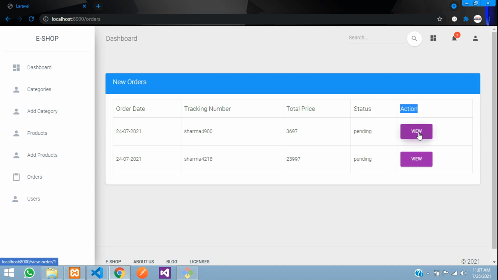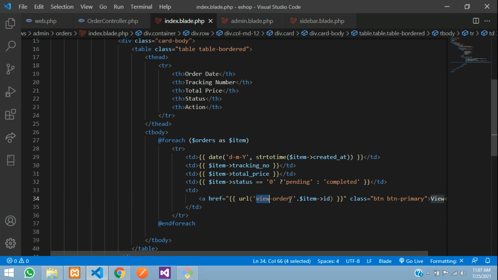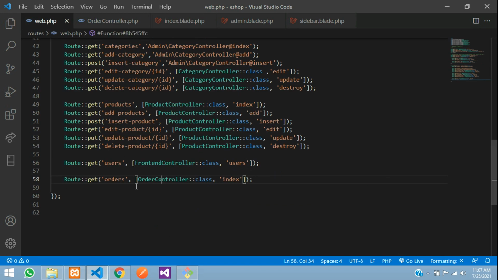If you want you can just give view over here, so we'll view the order. This thing is for the user, right? We need to create it for the admin also. So instead of view order, let me say admin/view-order. Just copy that and go to your web.php and paste that over here. Copy the above route and paste it over here, and then we will change the URL. And here we are going to say an ID, right? ID, and in this you can say view,